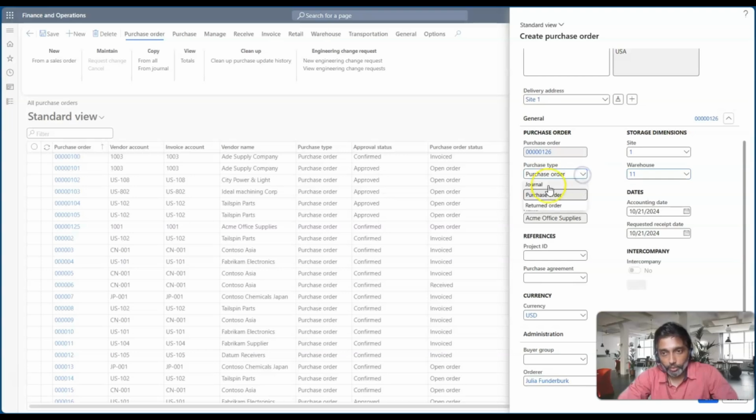And purchase type, by default it has picked purchase order, and this primarily comes from the procurement and sourcing parameter. So here you are also free to change the respective purchase type, whether you want to process a returned order or a journal, just make a selection accordingly. But let me also show you